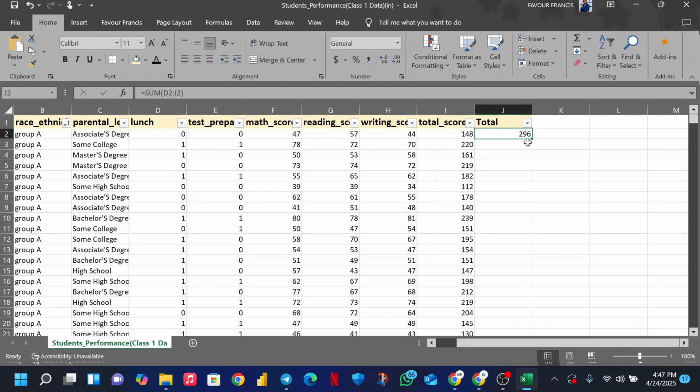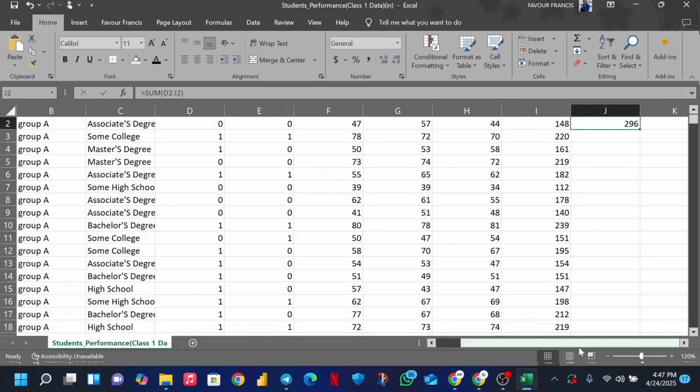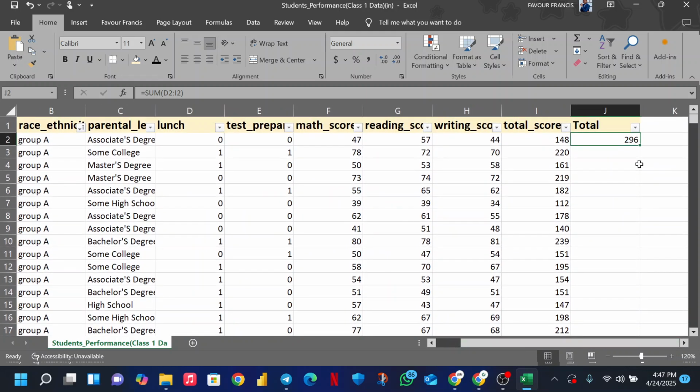296. Now, the moment you have gotten one of these sums, you don't need to stress yourself for the rest. Are we together? The moment you have gotten one of these sums, you don't need to start doing them individually. That is the power of Excel. So when you, let me zoom in. When you go to this particular cell that you have calculated, you see